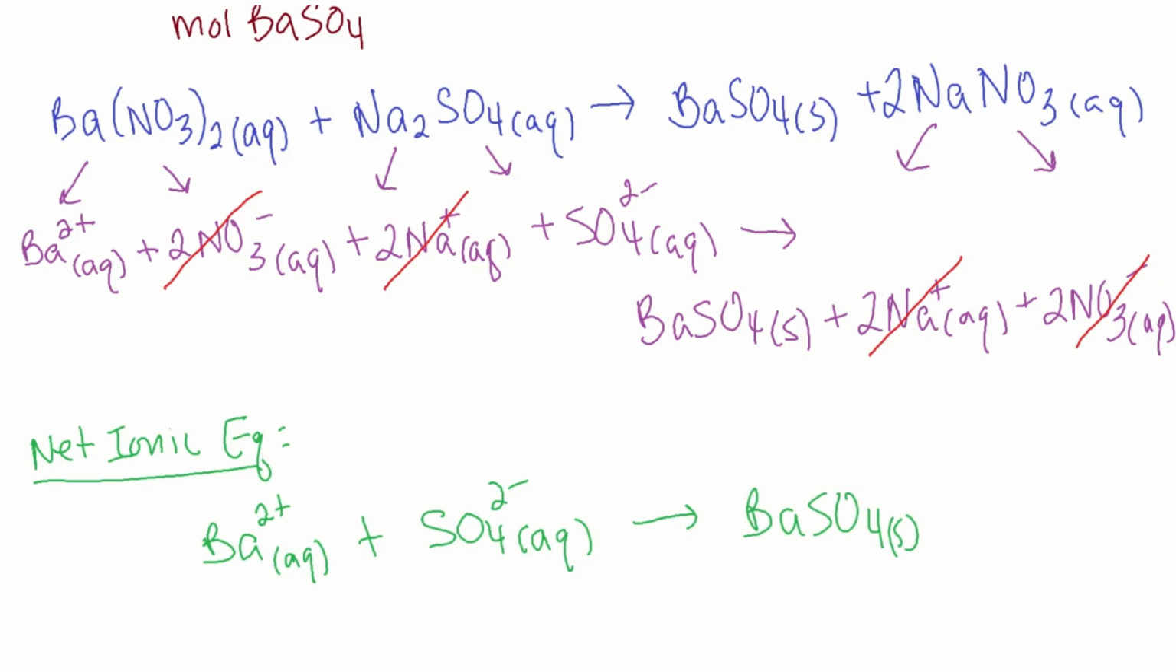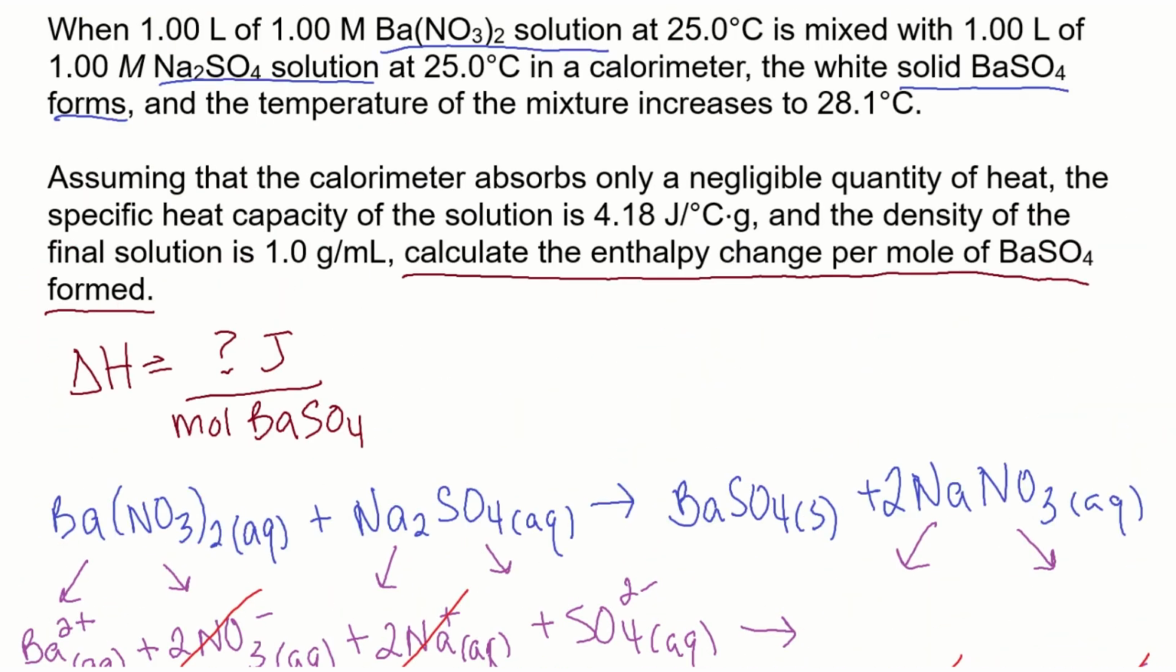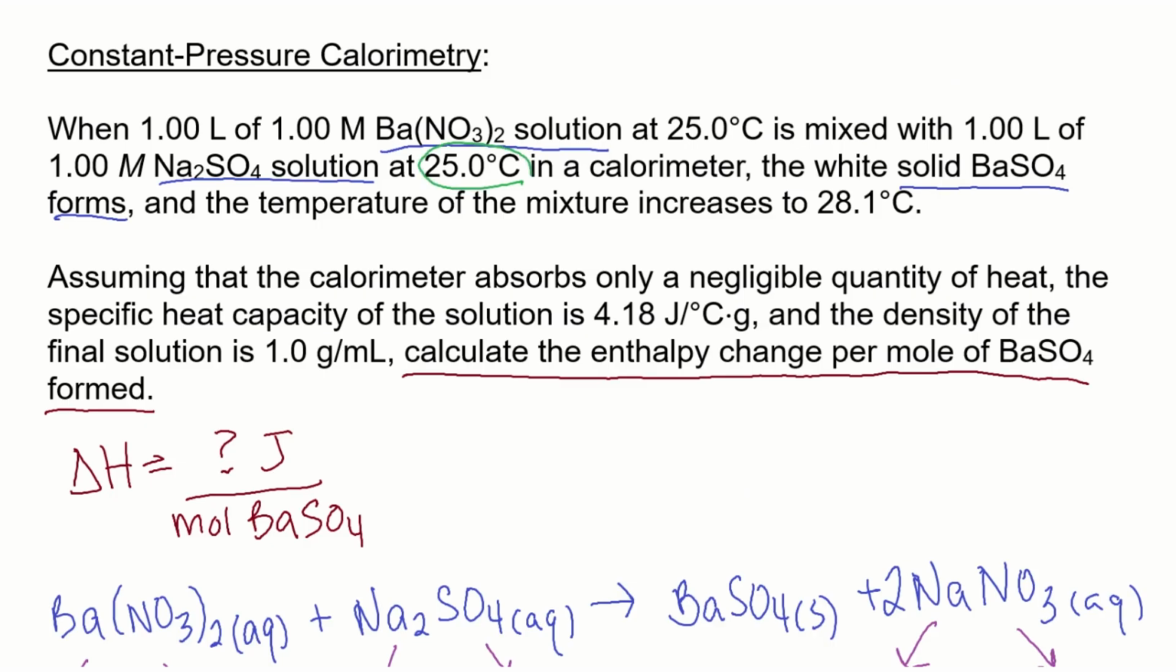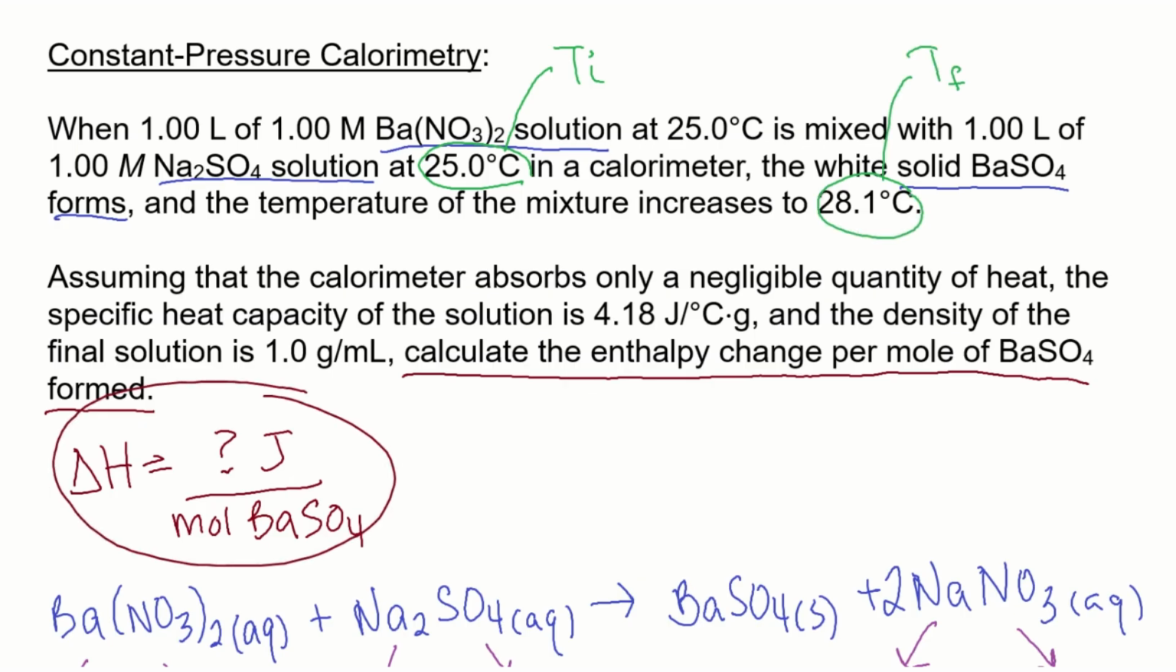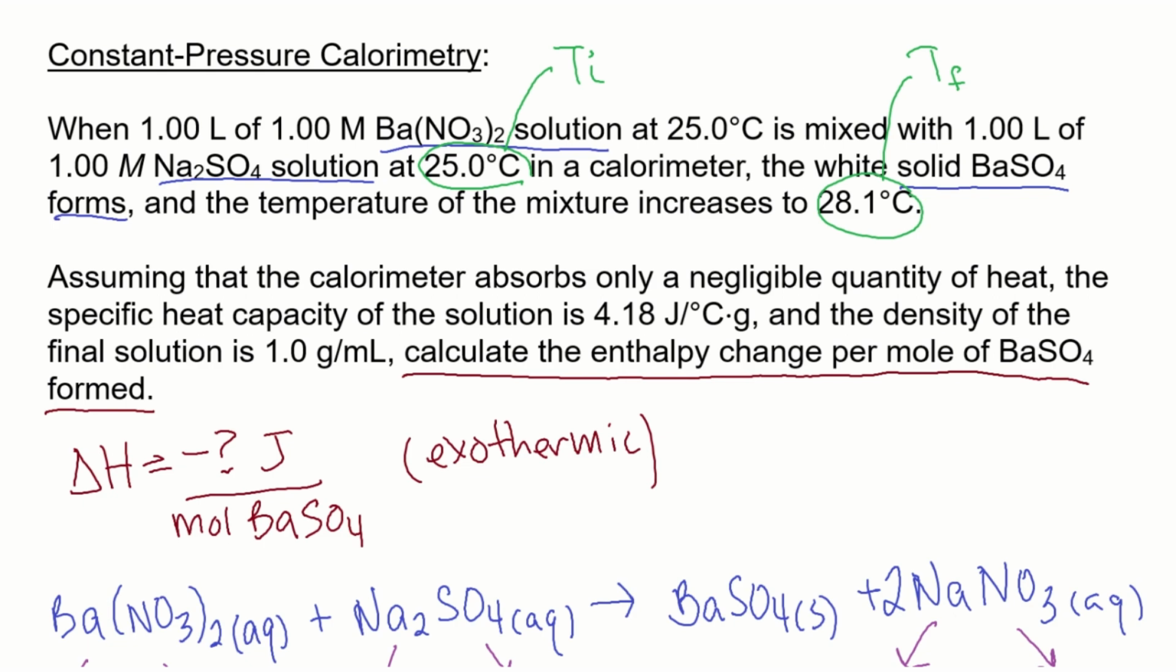And you know that's going to generate some heat, because we're told the temperature in the calorimeter went from 25 degrees Celsius to 28.1. That means we know this delta H is going to have a negative value, and this is going to be an exothermic process. Now we're told that this is a constant pressure calorimeter, and also the calorimeter absorbs only a